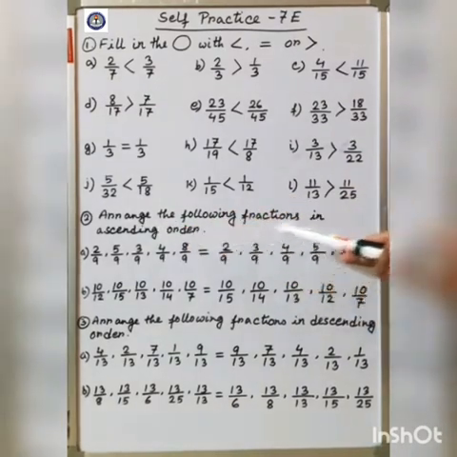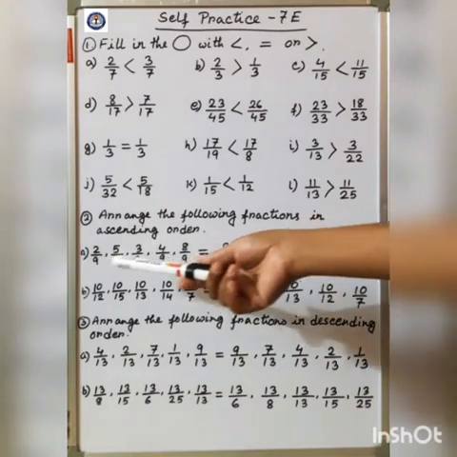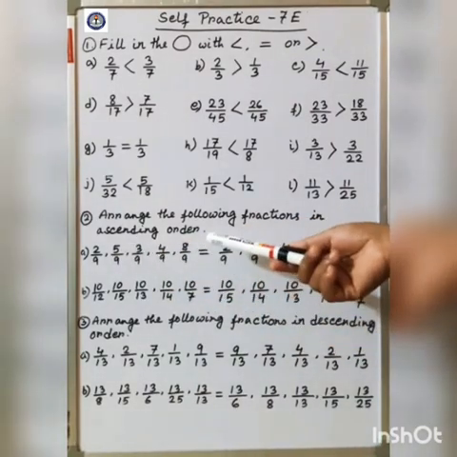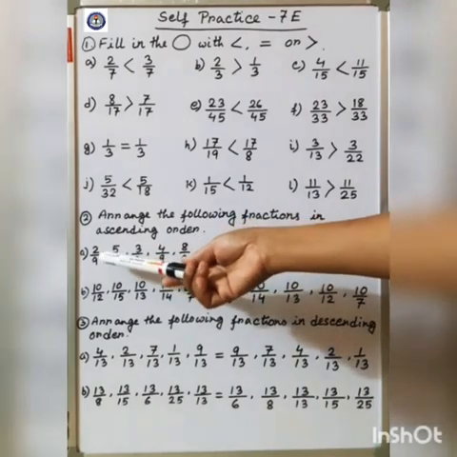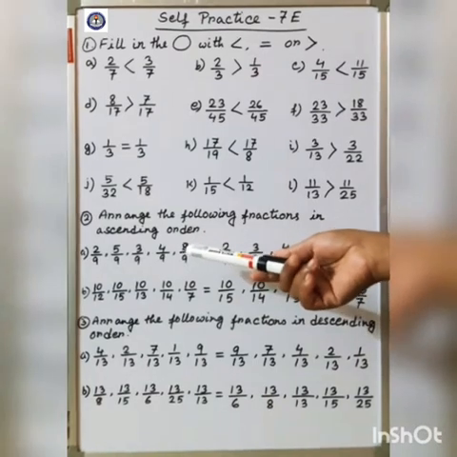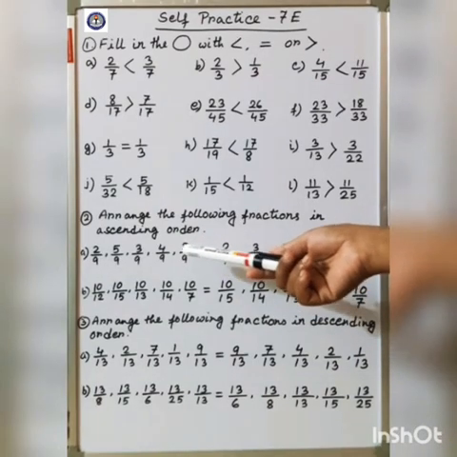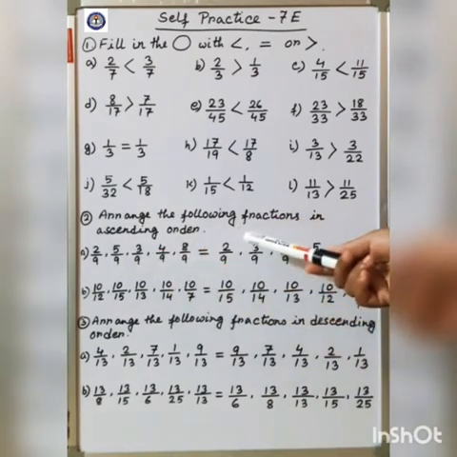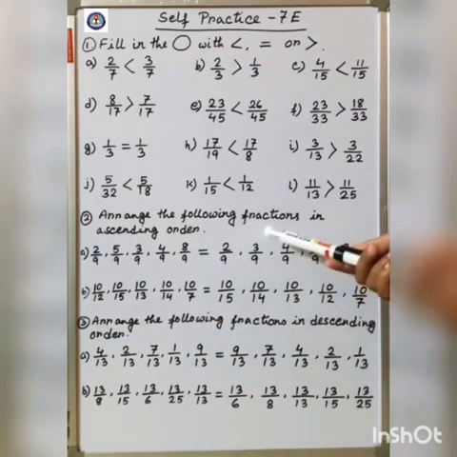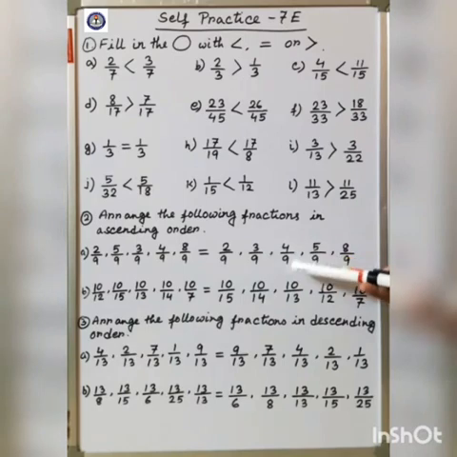Next, arrange the following fractions in ascending order. So we know when denominators are the same and numerators are different, then the smaller the numerator, the smaller the fraction, and the greater the numerator, the greater the fraction. Therefore 2 by 9 is smallest. So ascending means small to large. So 2 by 9, next 3 by 9, next 4 by 9, next 5 by 9,